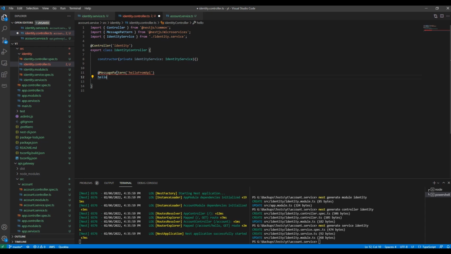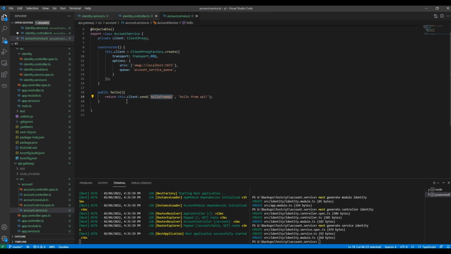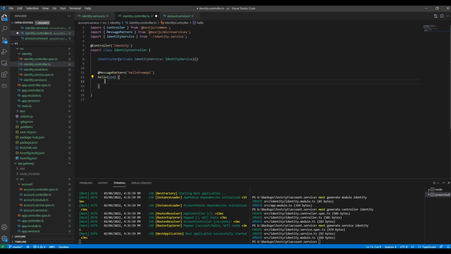It doesn't matter, you can use any function name you want with some request, or we can name it as a command. Inside the request we will have the data that's coming from this function. So we have hello rec, and let's see,